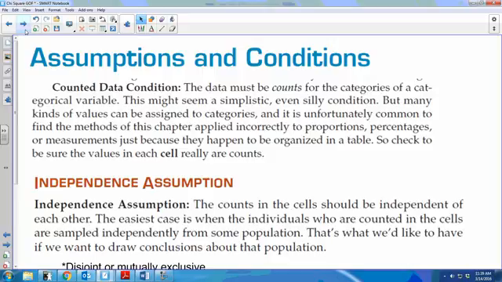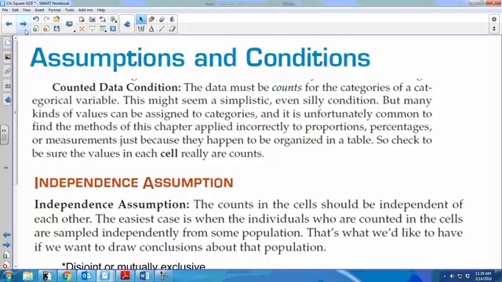So you can have in your sample 10 blue M&Ms, 20 yellow M&Ms, etc. You would not want your data to be in the form of there are 15% blue M&Ms, 30% yellow M&Ms. That's not what you want. So if you get percentages, you need to go back and fix it so that you have your actual values